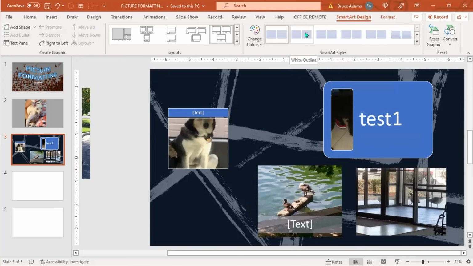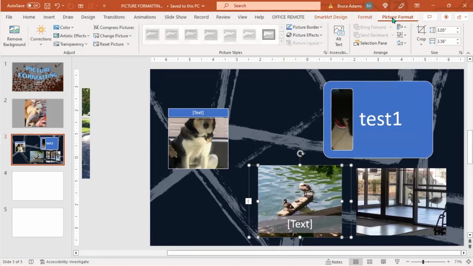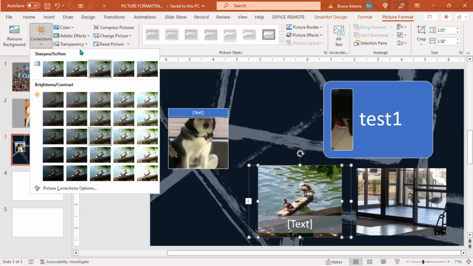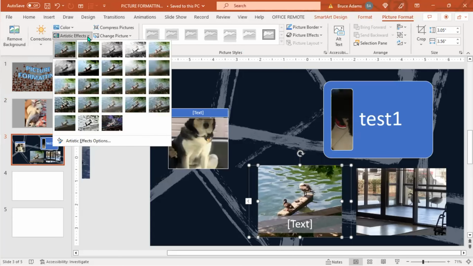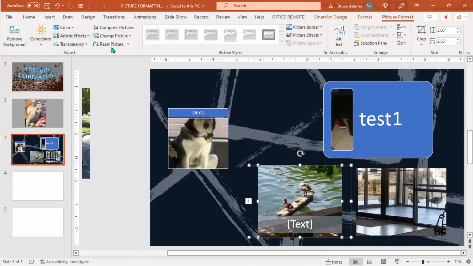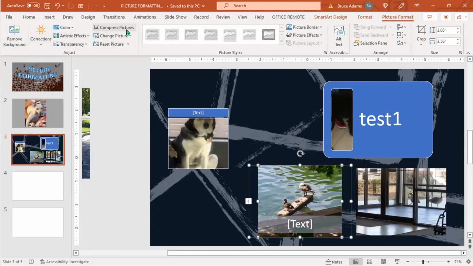All right, let's see if we can escape out of that and wrap this up. So the SmartArt is going to take some more work. We may come up with another video for it. But you've got the basics from modifying the image, removing the background, keeping certain areas, corrections, adding color, adding artistic effects, transparency, compressing the picture, changing the picture, resetting it, the various,